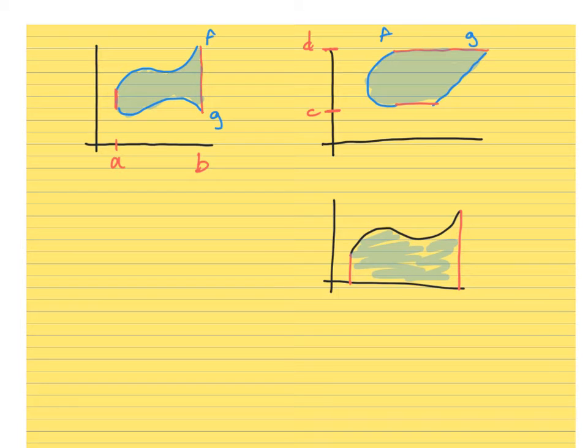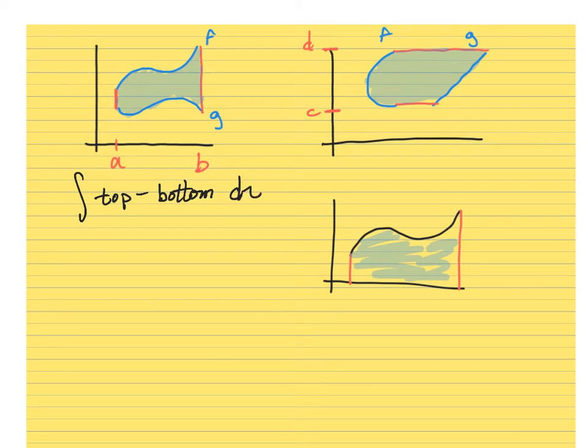So here is the idea. If we're looking at the situation where, let's look at this first case right here, where we have a function that's on what we'd call the top function and what we call the bottom function. If I want to find the area in between them, all I do is I integrate the top function minus the bottom function,